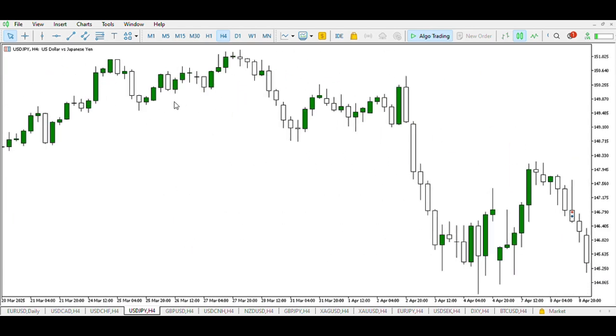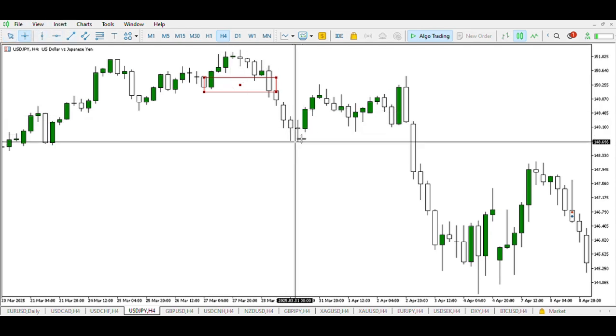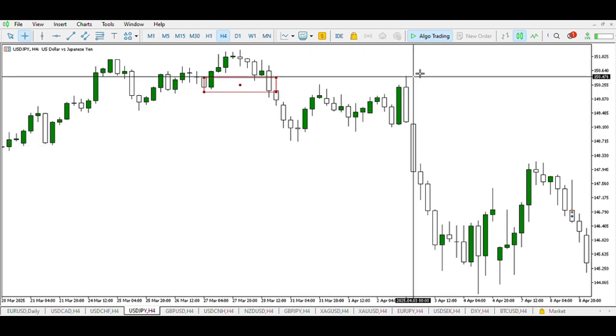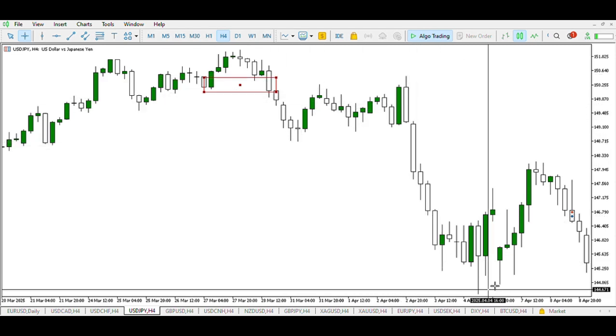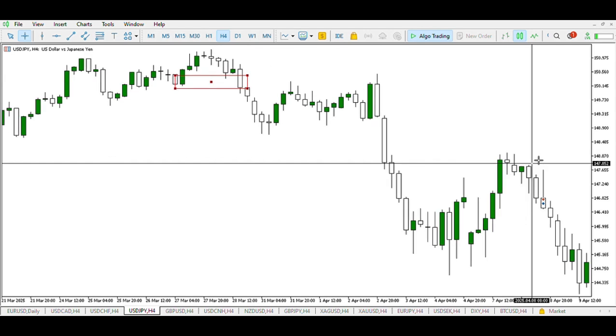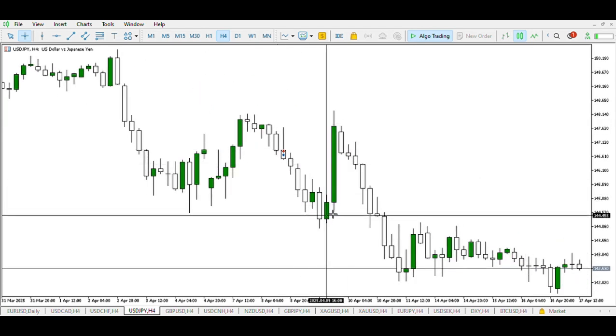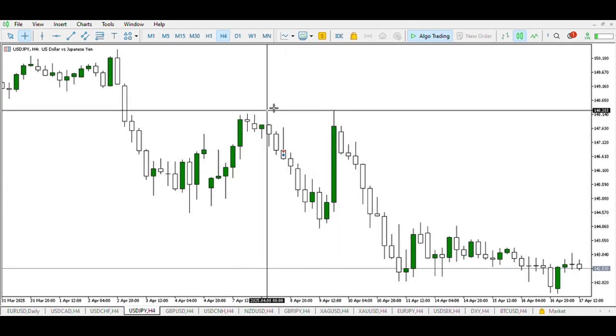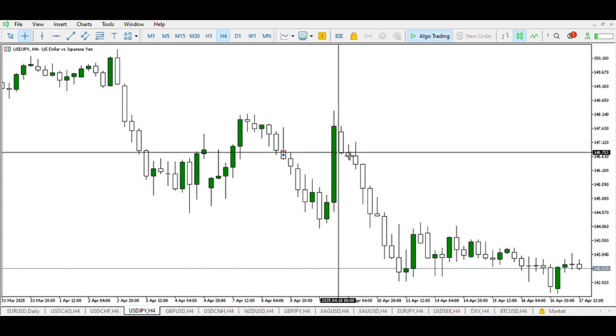Here we can see the market broke a strong support as well. After that, the market created a lower low right here. After creating the lower low, the market made a correction. The market went further to make a lower low. The market made a contraction. The market made a lower low, a correction and a retest of this resistance right here, and the trend continues